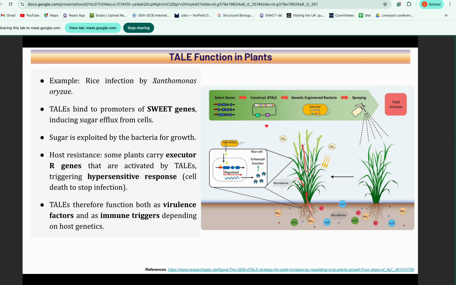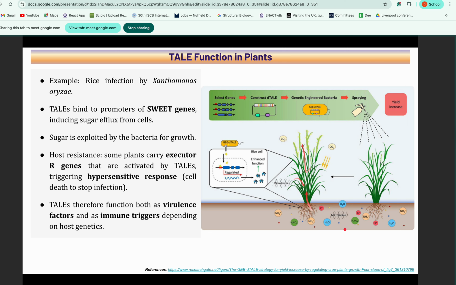But in this case, rice infection, generally the tail binds to these sweet genes. This is what was observed. All these are experimental results. Experimentally these things were observed, and later on scientists thought that we can also explore different roles by using the tails, because as the bacteria is using it for infection, we can also use these tail elements and repurpose them for our desired function, so we can get a few advantages from them. This is how the discovery started, and this is how scientists thought that we can design our own artificial tail elements and then join them to a nuclease and perform certain functions such as gene editing or